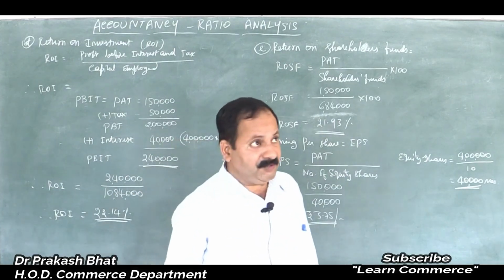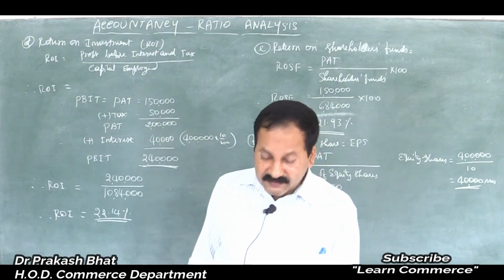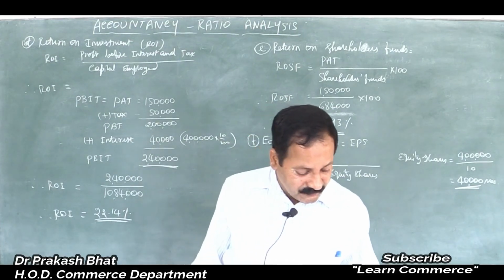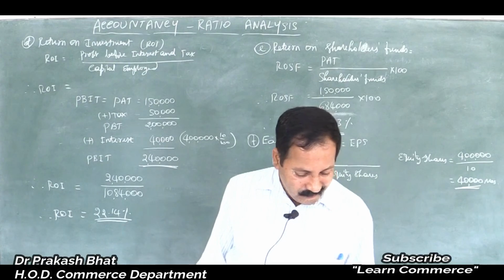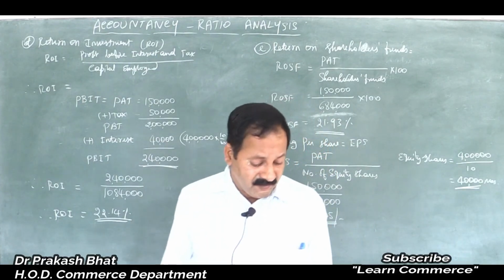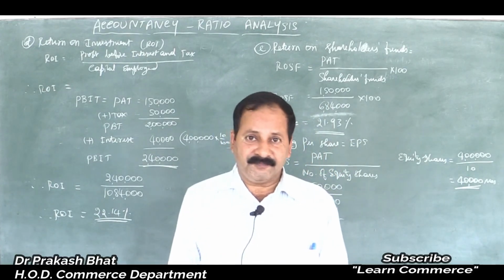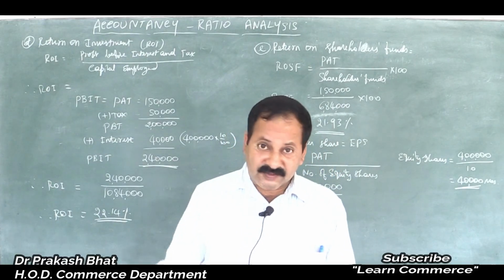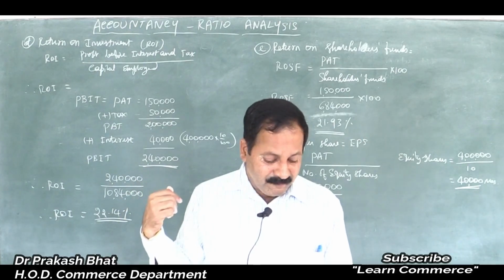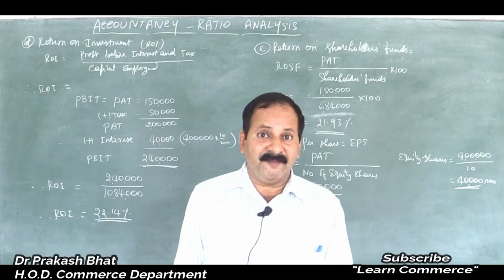So this is how you have to calculate a problem. Whenever 5 to 6 ratios are asked, you have to follow this, and this is a question of 12 marks. Remember, take down the assignment, solve the same problem as your assignment problem, and submit your assignment on time.